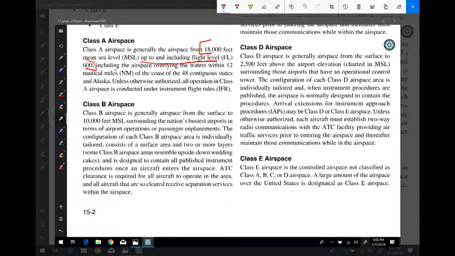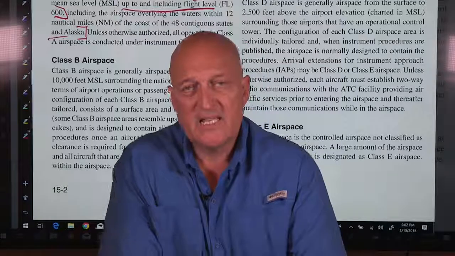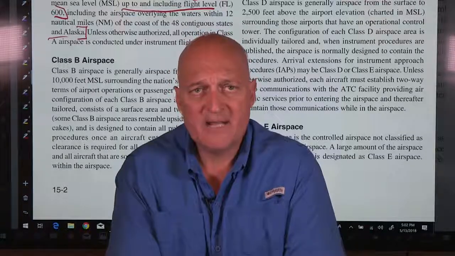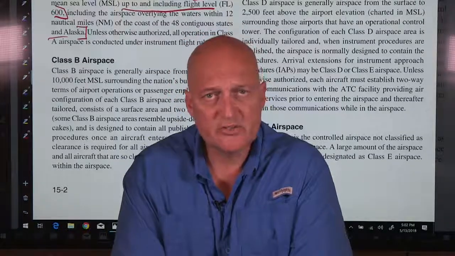And it also includes the airspace overlying the waters within 12 nautical miles of the coast of the 48 contiguous states and Alaska. In order for you to fly in Class Alpha airspace, you must be on an IFR flight plan. And what that means is that you have to be an instrument-rated pilot in an aircraft that is instrument certified